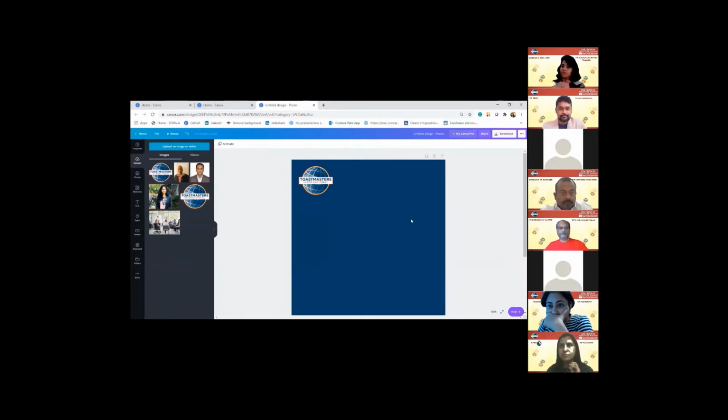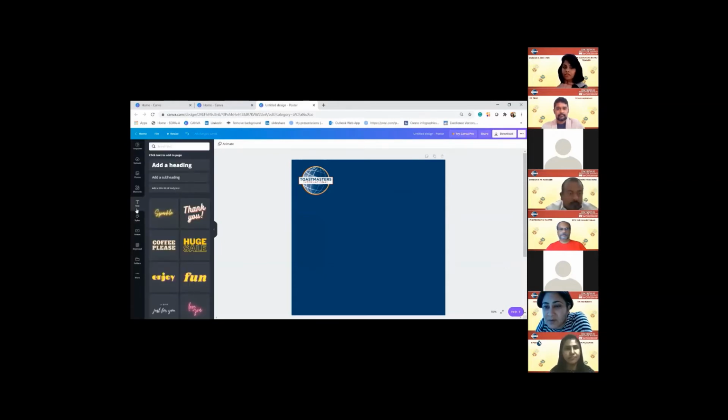So we are done with the background color. We are done with the logo. What's the next important thing? We need the 3 C's. What is the 3 C's? That is the club name, the color, which is done, and the contact details. Now we'll go to the club name. How do we write the club name?